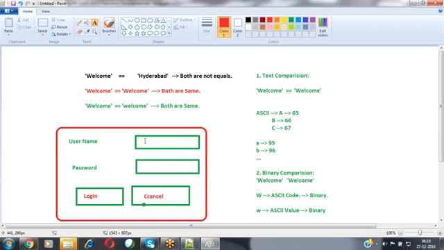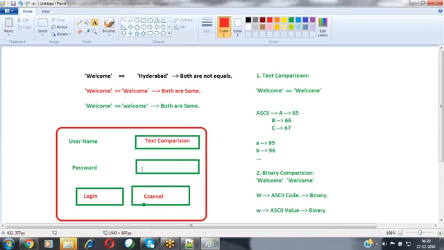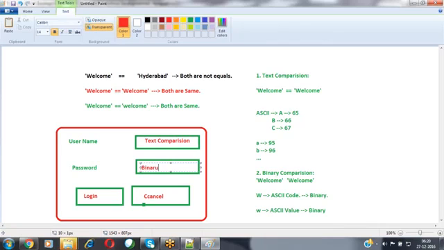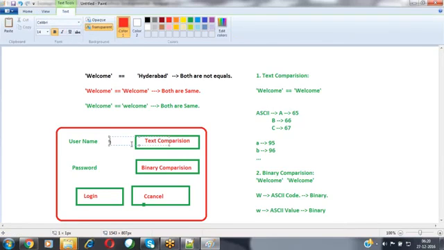While creating that account, if you have given the password with the first character as a capital, we have to enter that capital letter only over here. Nothing but what happened, all the usernames are compared with the help of text comparison, and all the passwords get compared with the help of binary comparison. So depending upon your need, we have to go with the text comparison or the binary comparison. If you want to use the text comparison in our Apex programming language, then we have to use the equality operator. Then how can we do the binary comparison?